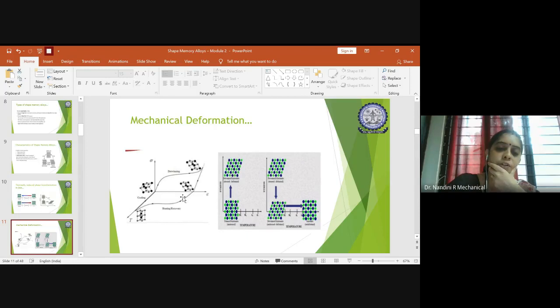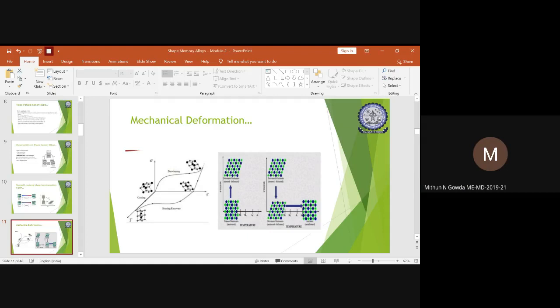You have studied piezo material also. If you see this loop, what does it show you basically? Anyone in the class? How does the diagram look like? Hello? Hysteresis loop. Yes, good.